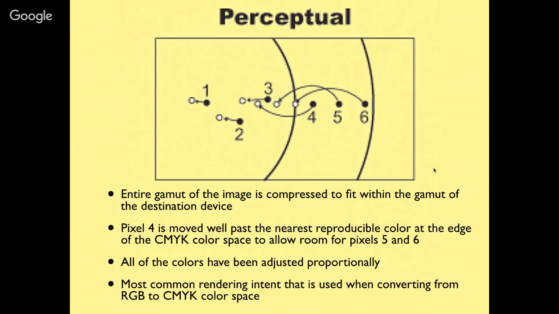However, if you do that and you want to keep true color relationships, you've also got to move 1, 2, and 3. The colors that are in gamut also need to be moved so that you maintain the relationship between all six of those colors. So you maintain the detail, but you also maintain the relationship. The problem is there's not one single color in perceptual that is your true color. Every single color in your file is changed. However,